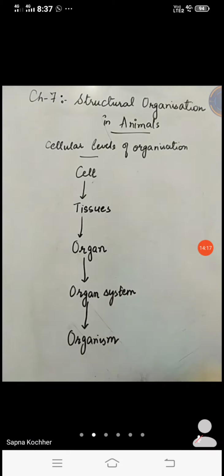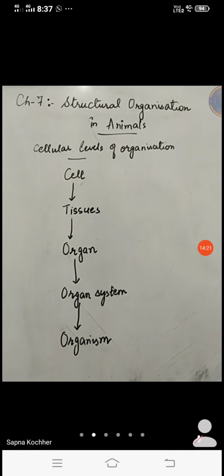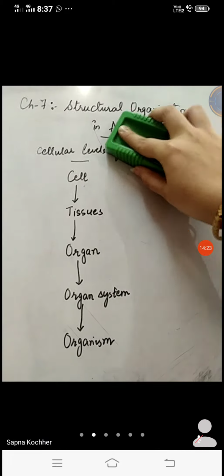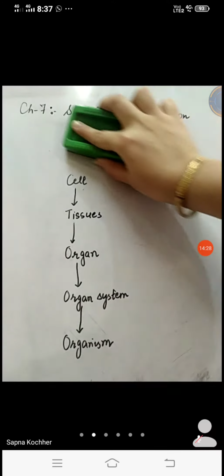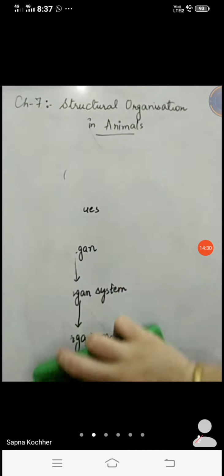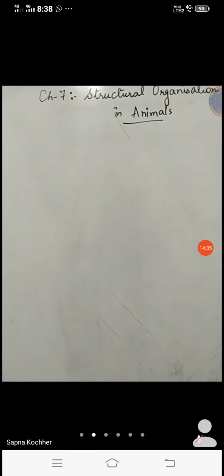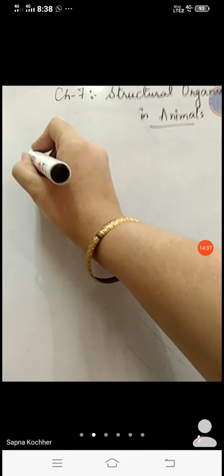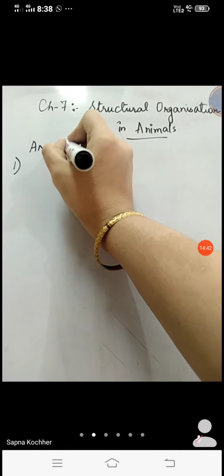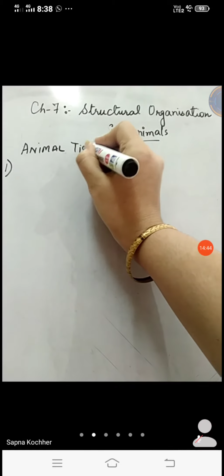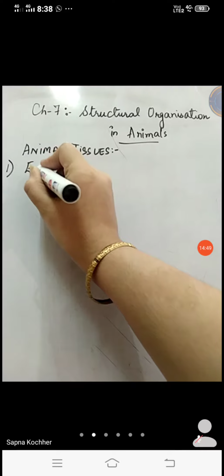That is what we have already studied in the lower classes, so it's just a recapitulation type of topic. So I'm starting with the tissues now. We have already studied the 4 types of animal tissues from the chapter on tissues in ninth class, if you remember. So we are also starting with the same. This is the animal tissues. The first category of the animal tissues is the epithelial tissues.